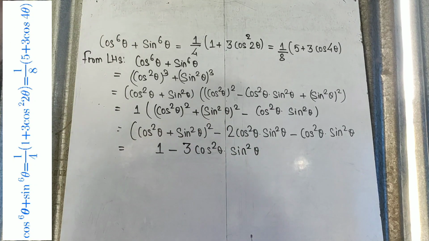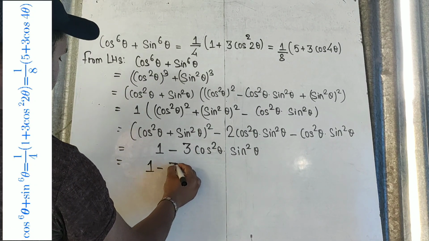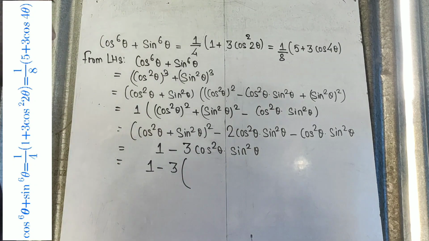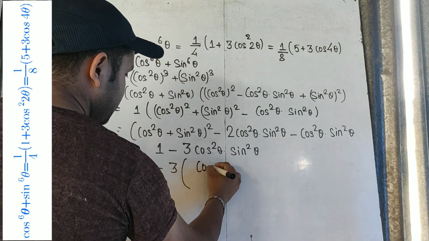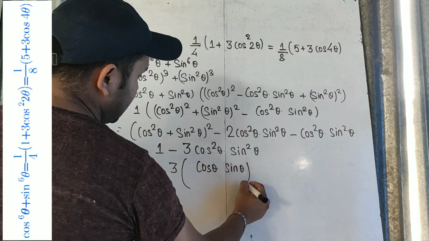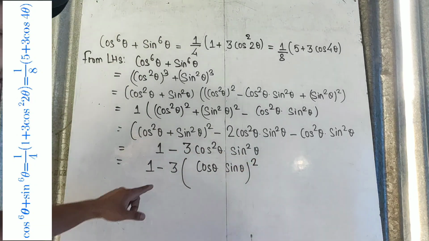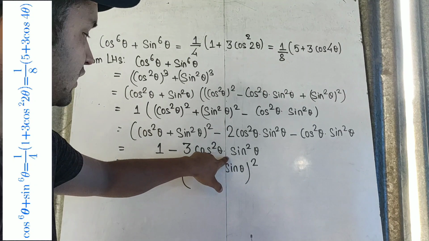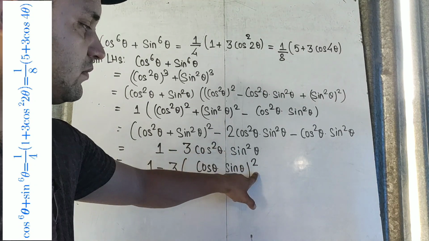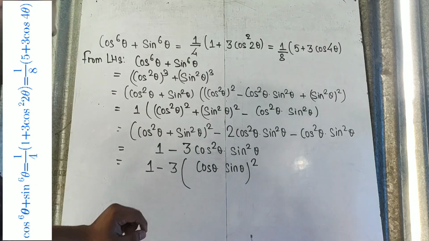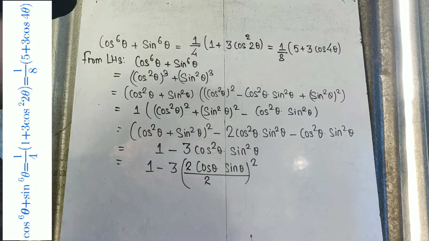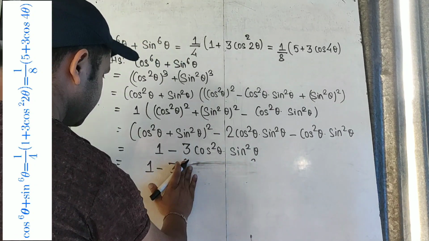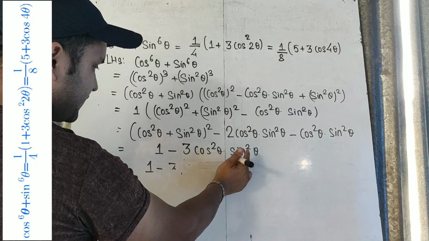Now pay attention. Listen carefully. Now I'm putting these three separately. If you observe cos and sin being multiplied, then you have to put them together, along with the sin square here. If you see cos and sin together being multiplied, put them together, and if there is cube, write their cube. If there is power 4, write their power 4. Now what you have to do inside the bracket is multiply numerator and denominator by 2. I am repeating one more time: you have cos and sin together being multiplied.